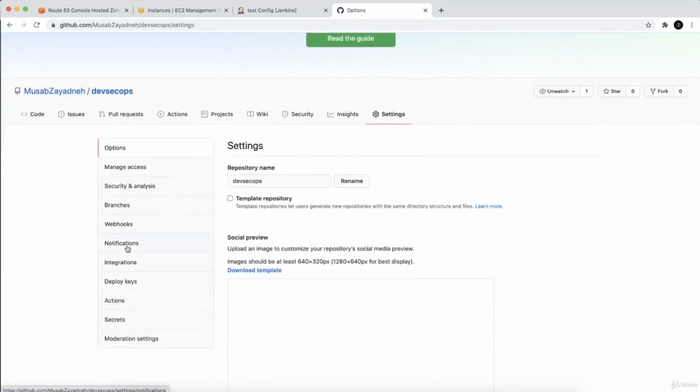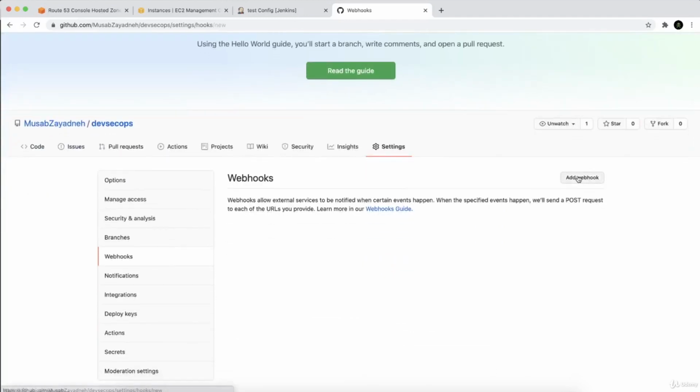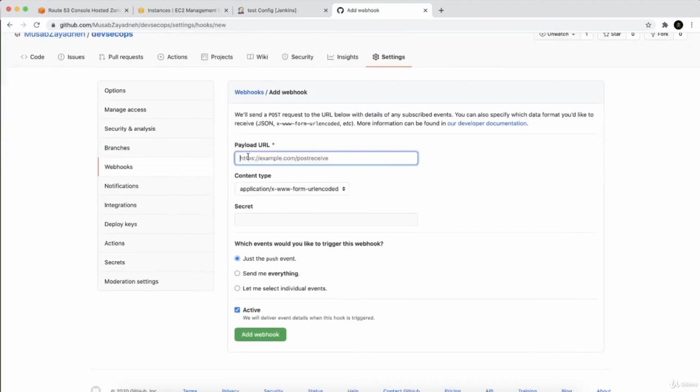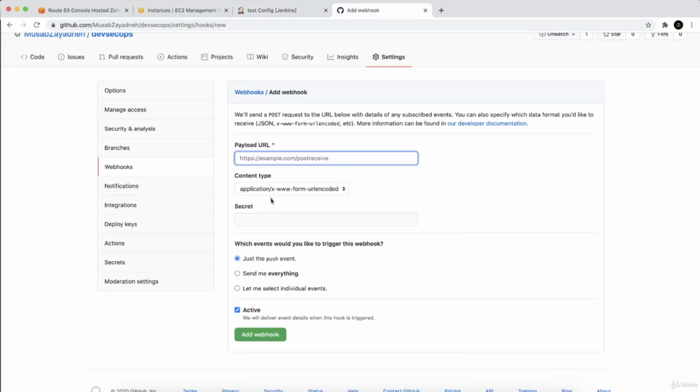And if you scroll down, you can see that we have webhooks from here. So from here, you can add a hook or a webhook. From here, you need to provide the URL for the Jenkins server, which is this one. And then depending on it, you can choose JSON or application URL encoded, and put the secret if